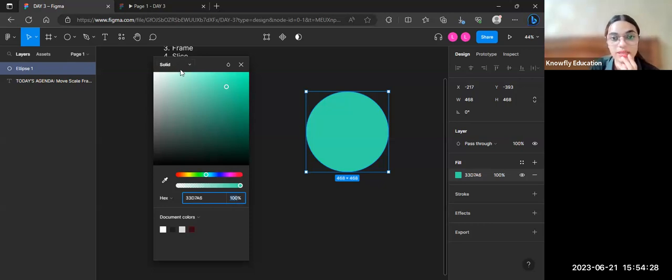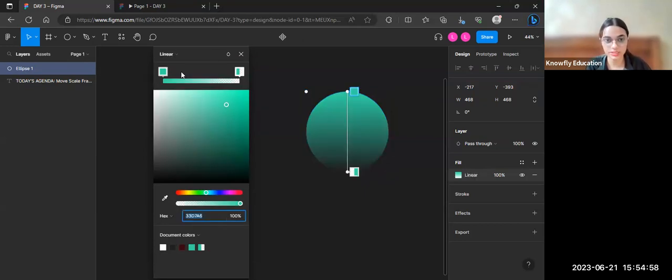Another thing you can do is you can make gradients through your color filter. So what you can do is once you click on this drop down where it says solid, you have all of these options. You can import an image into the circle. You can have a gradient that looks a little more like a diamond. These are some things that you can work on. And then there's also a linear gradient or a radial gradient. The most that we use is the linear gradient. So let's go into linear gradient. You see how automatically it is